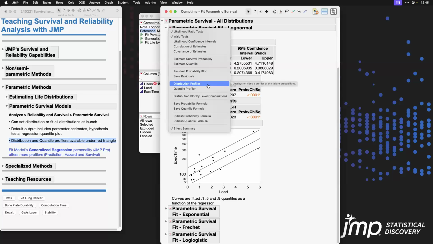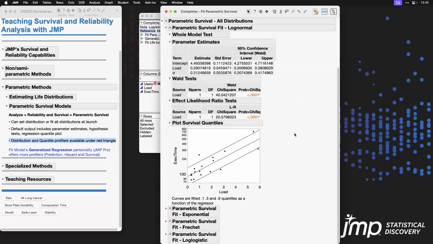Now here we also can take a look at our residuals if we want. We are assuming an underlying distribution right now. We can also estimate survival probabilities or quantiles in batches. For the sake of time, I'm not going to show exactly how this works. They're all pretty straightforward. You just go to the red triangle and invoke the option that you want. One thing I do want to point out, though,